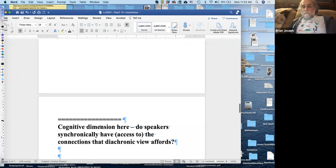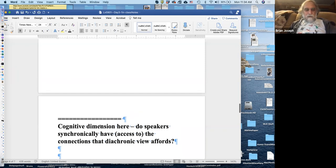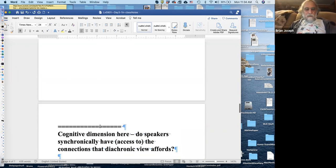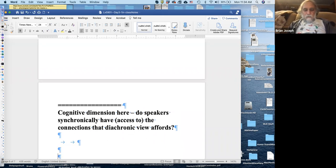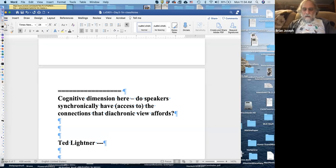And there have been different approaches to modeling linguistic knowledge that have drawn on this kind of relationship, in some cases going way beyond what speakers are probably aware of. There was one linguist in the 1970s. His name was Ted Leitner, who you may be familiar. You may have run across this notion in other classes that you've taken. Noam Chomsky,